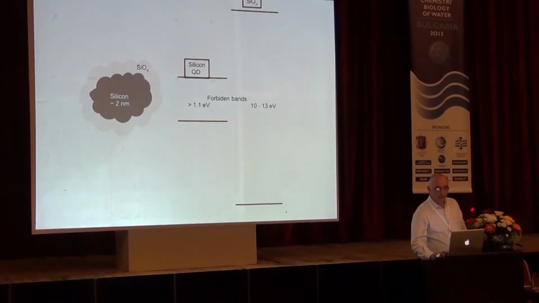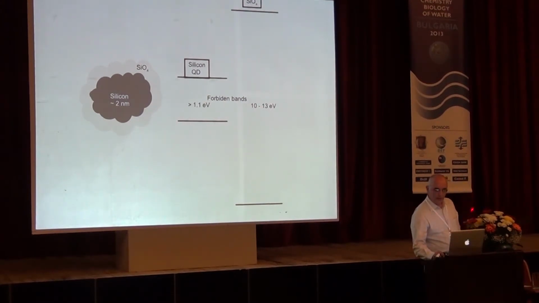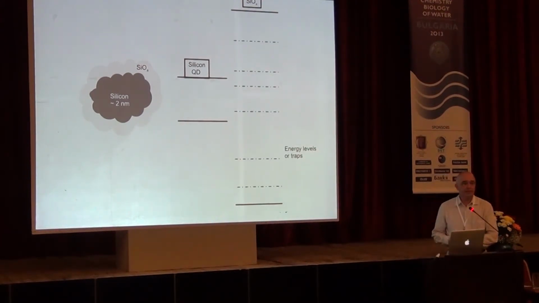The forbidden gap for silicon is about 1 electron volt. For silicon oxide it is between 10 and 13 electron volts. And we also have to consider that this system has a lot of defect